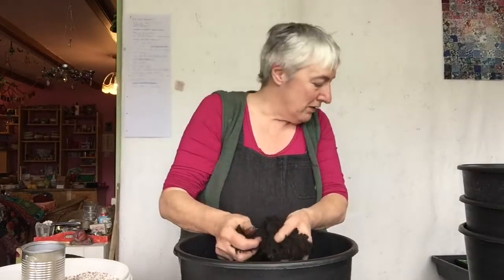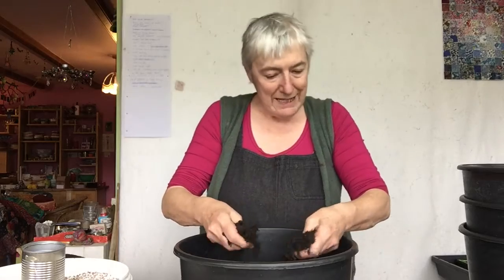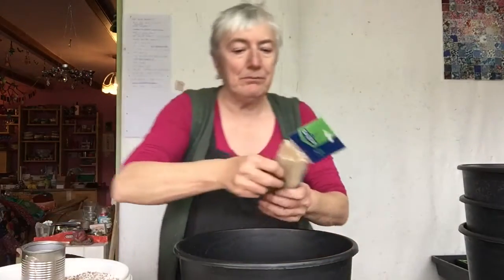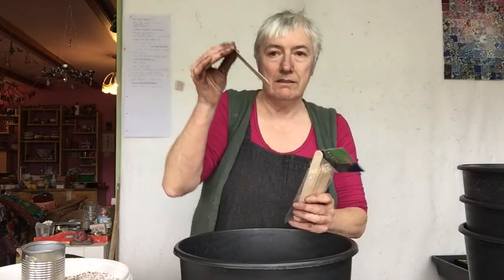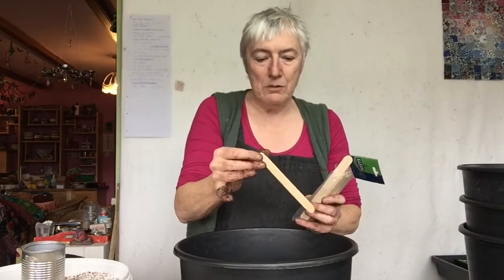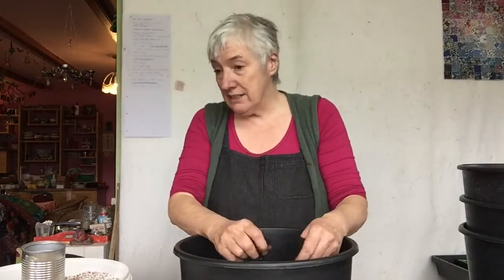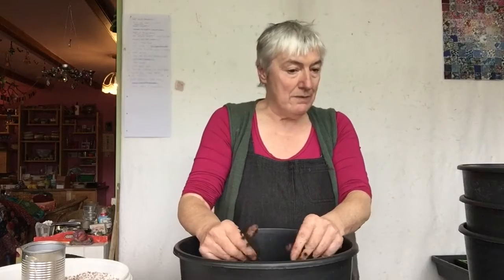I've got all the pots here. I've got all the potatoes. I've got this big thing that I'm going to label them with so that they don't get lost. And that's my afternoon sorted. But I tell you, as soon as I've got all this lot cleared away, we are going to do some